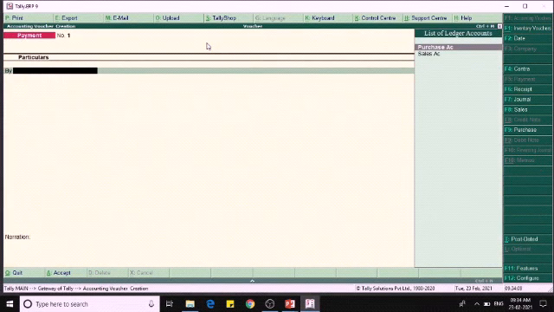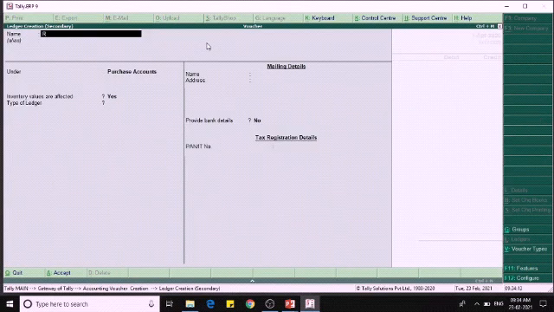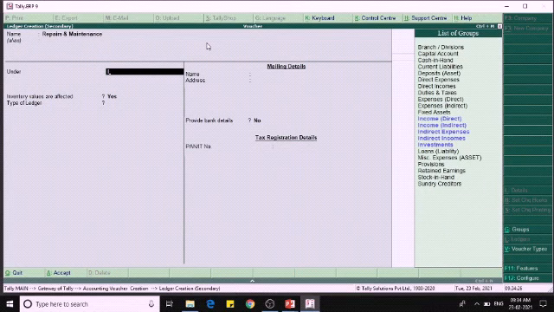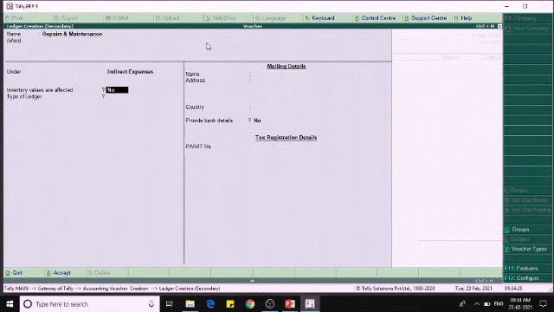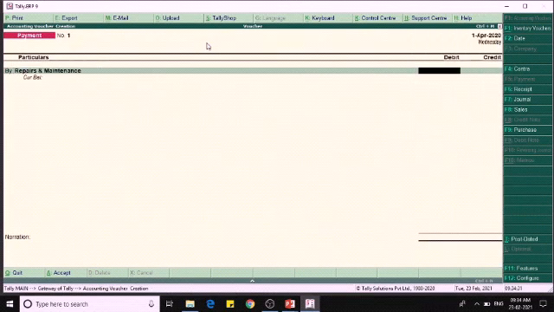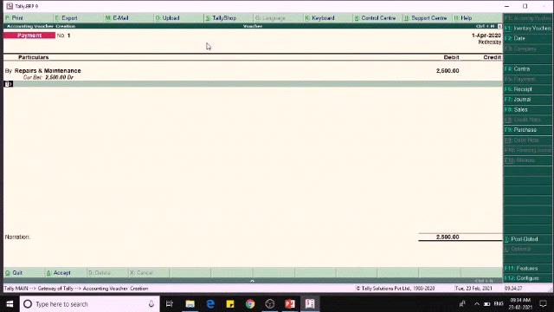Now I will create a new ledger called repairs and maintenance, and it will come under indirect expenses. Example 2500 and it will automatically ask the credit side.